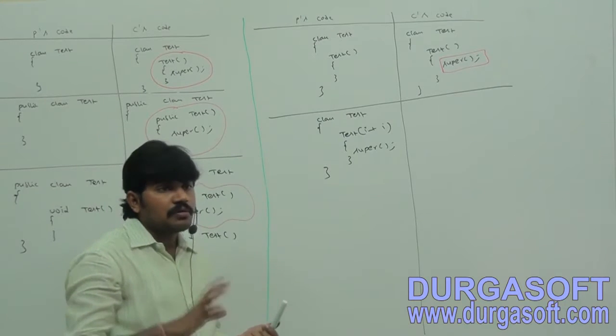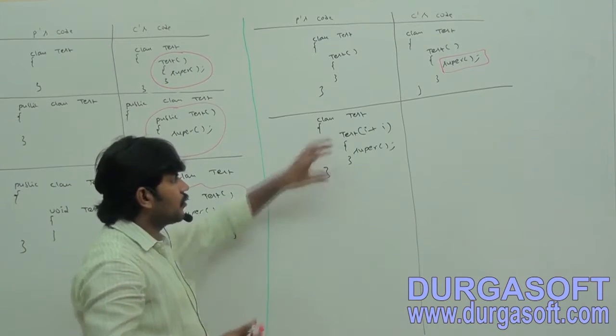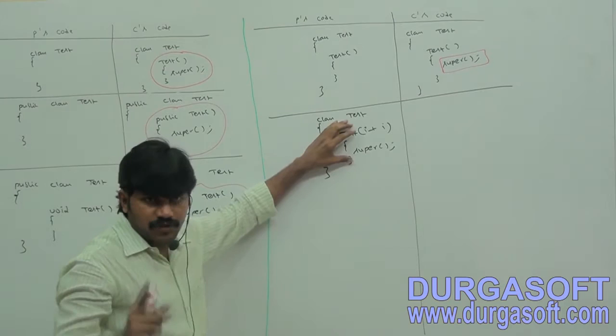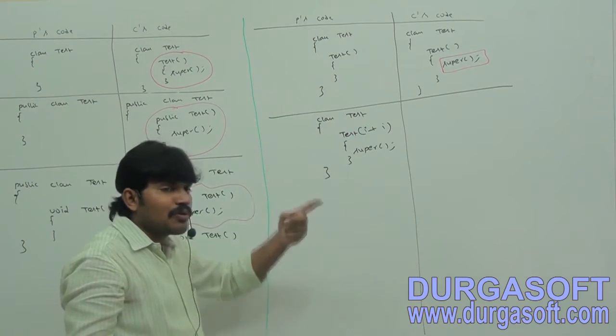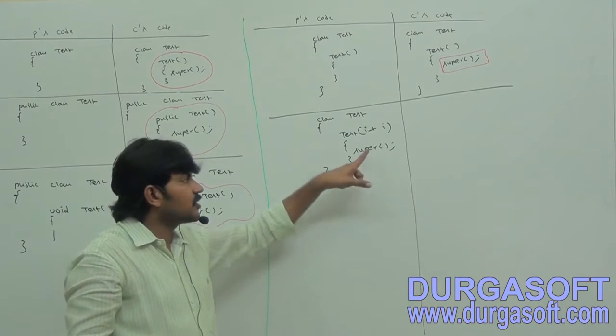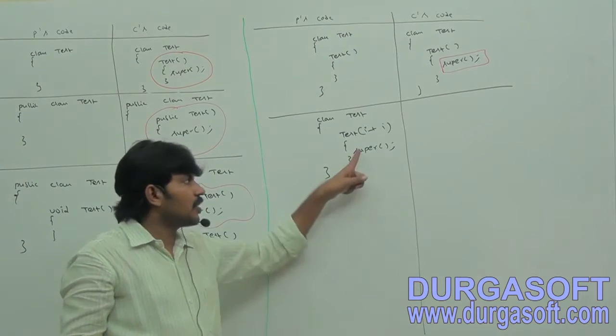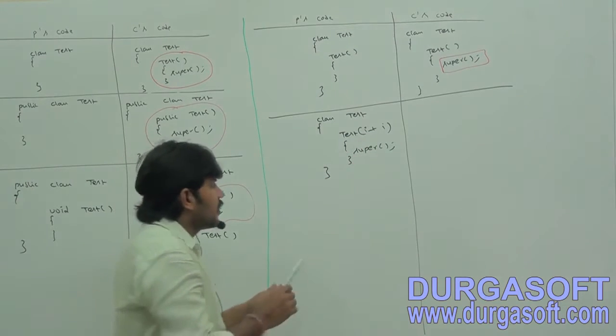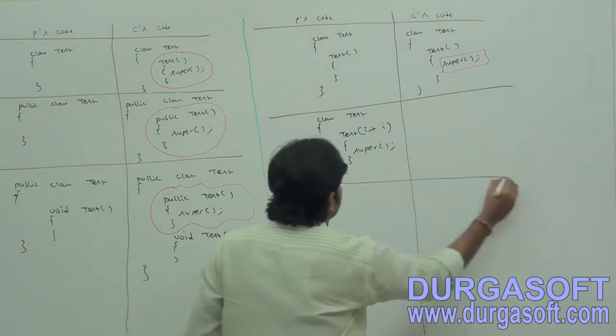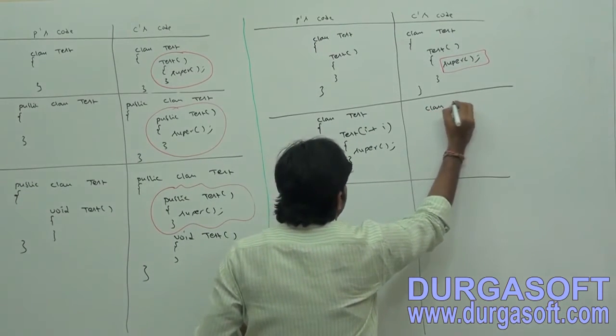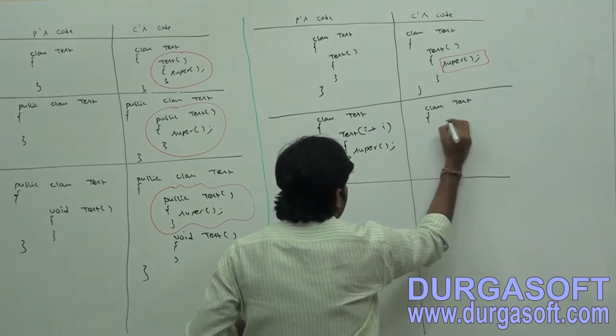Will the compiler generate any code? No, because the programmer wrote the constructor, so it is not required to generate a default constructor. And the programmer wrote the constructor properly, because the first line inside every constructor should be either super or this. The programmer wrote super, no problem at all. In this particular case, the compiler won't generate any constructor.